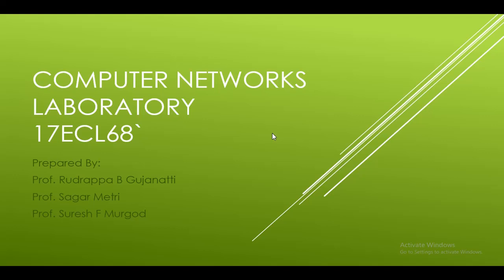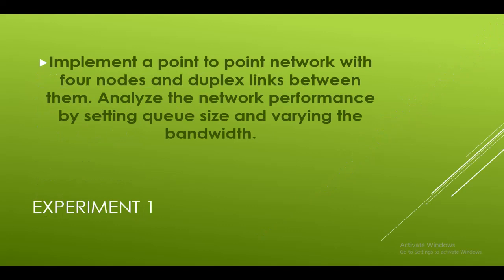So, following those steps itself, let us move further and see what the first experiment is related to. In the first experiment, we basically look to implement a point-to-point network consisting of 4 nodes, with duplex communication links between them. And we have to analyze the overall performance of the system by setting some parameters. These parameters will be set by default. So we'll be checking the throughput, the collisions and the drop of packets which are happening in order to see the overall network performance.